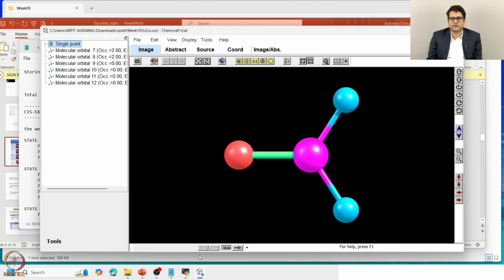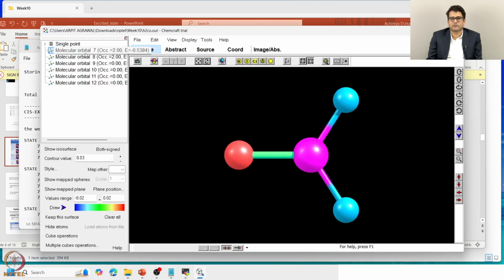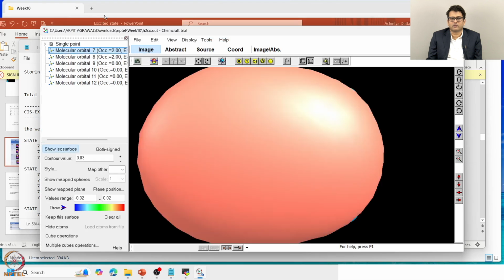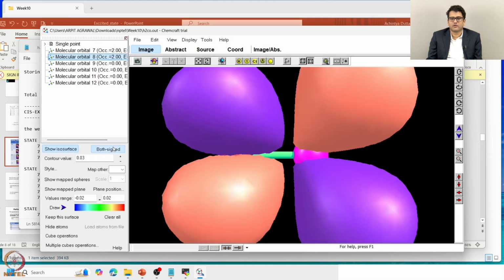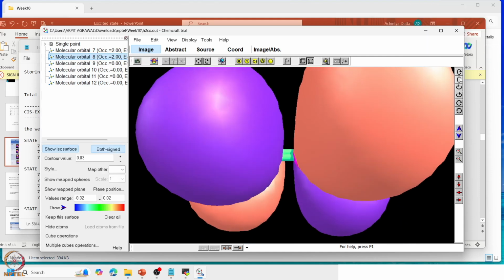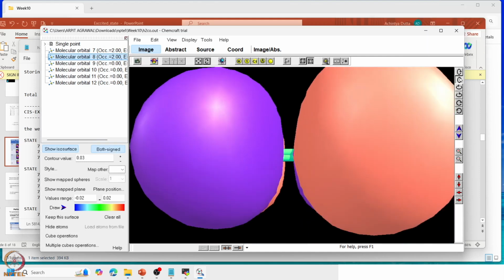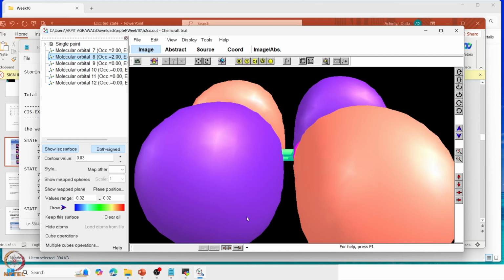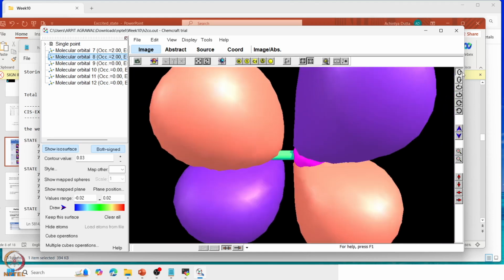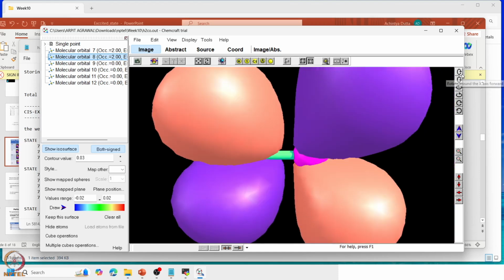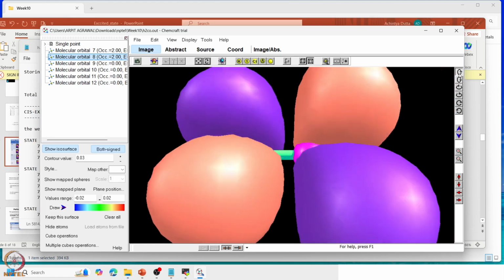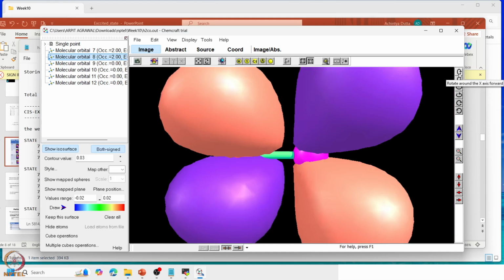So, let us see what is my HOMO. Oh, this is not the HOMO, this is the HOMO. Now, with this orbital, see one thing, there is no node along the bond axis. That means this cannot be a pi bond, and if you look carefully, this actually looks like a p orbital. Sorry, it looks like a d orbital actually, it is a double dumbbell shape. So, this is actually one of these non-bonding orbitals of H2CO,